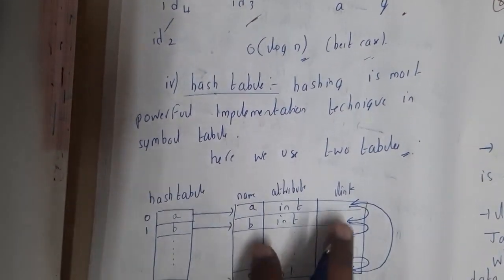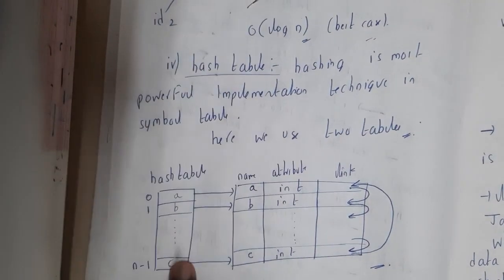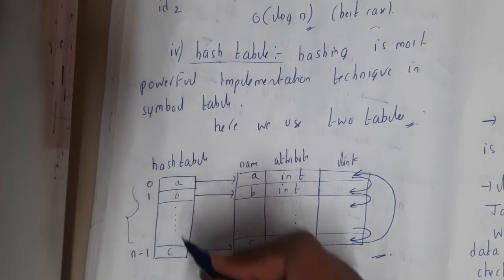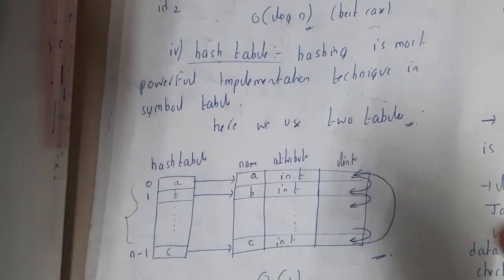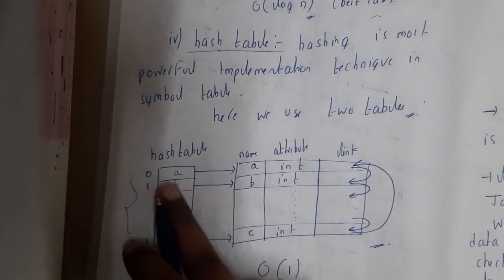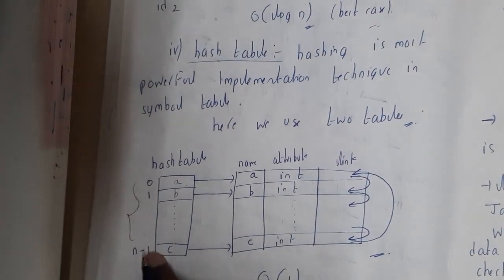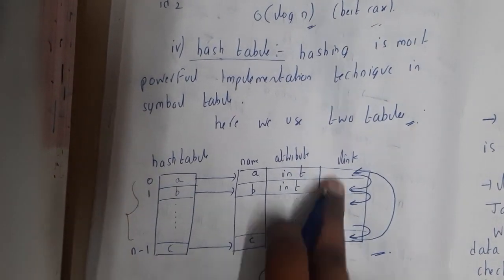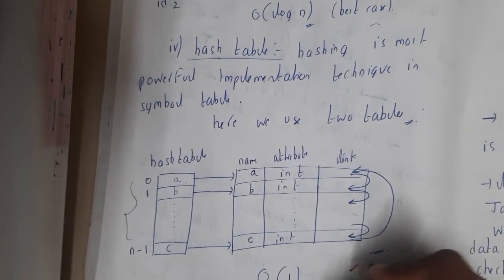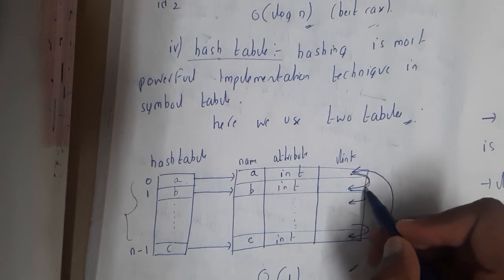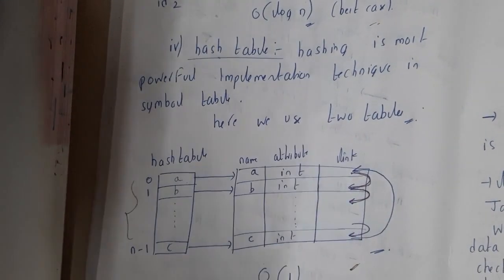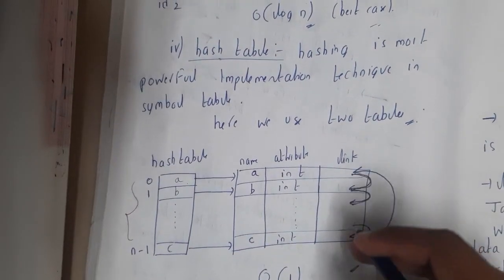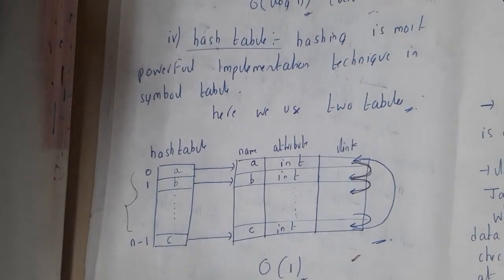Here you maintain two different tables. In the first table you will have the buckets, inside which you store the addresses of the original table, guys. Based on your calculation or hash function, you get a value, and based on that value you can search here. Here also you maintain the link. If it is linear probing, the entries are connected one below the other. So this is all about the data structures of the symbol table.